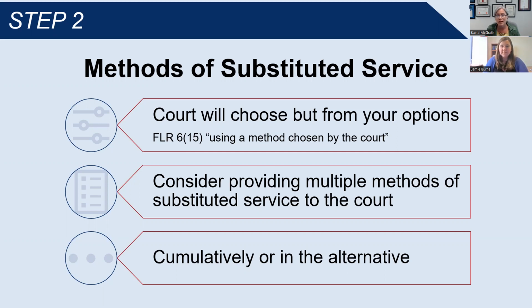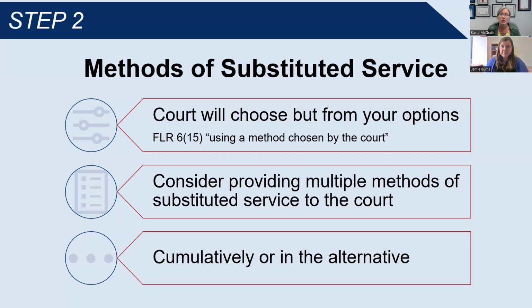It would be a very unlikely case that the court would choose something other than the things that we have offered up. We can offer multiple methods of substituted service, and those can be cumulative or in the alternative. If they're cumulative, one would argue that it increases the chances that the person is going to be notified. So we're going to send it by regular mail to his mother at this address where she has lived for 25 years. We don't necessarily know for sure whether they have an ongoing relationship, but one would assume that a mother at least knows where she's going to find one of her adult children. So we could send it to his mother by regular mail,